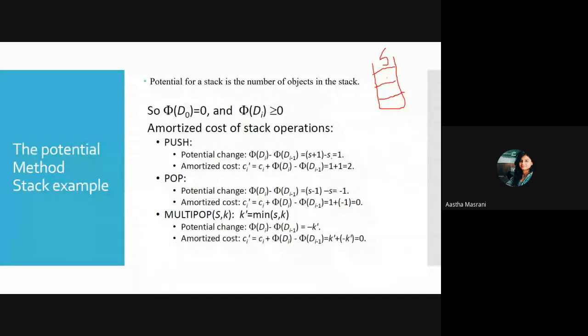When I'm pushing anything into the data structure, which is the stack, we don't know whether it is the first value or the last value. So whatever is there in the stack is represented as S, and I'm adding 1 to it. So it is S plus 1. The total cost is S. So S plus 1 minus S.